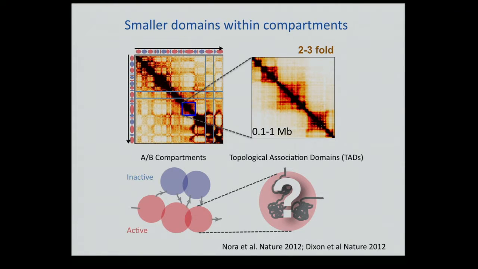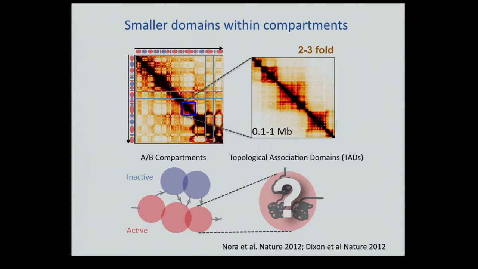So in mammalian chromosomes, what you see are alternating compartments. You can infer them by eigenvector decomposition of these matrices, but to a good approximation, what you see is that there are alternating red and blue regions, and the red region that we would call compartment A would interact more with another red region, and another red region, and you would see depletion of contacts between red and blue, or A and B.